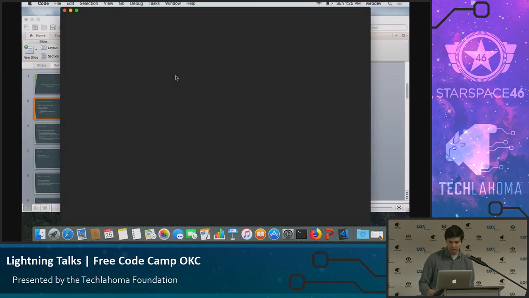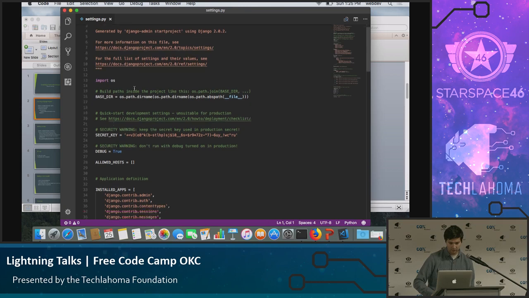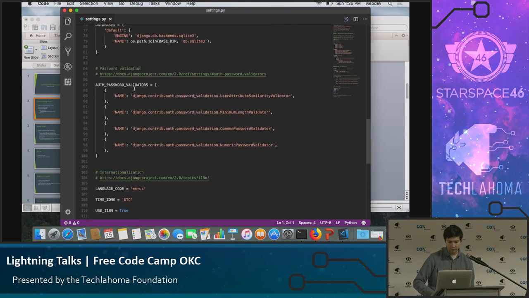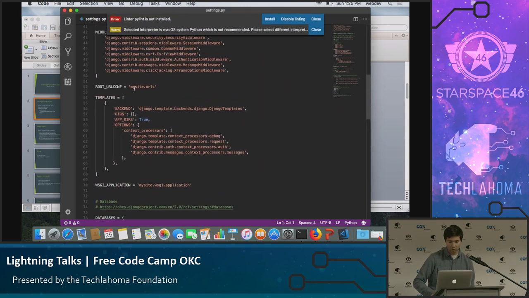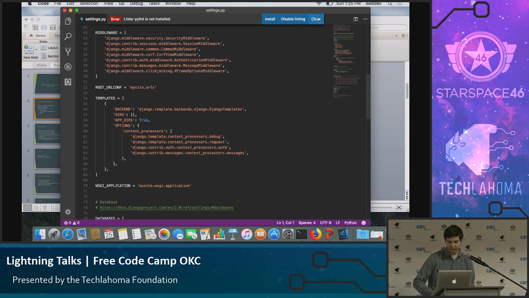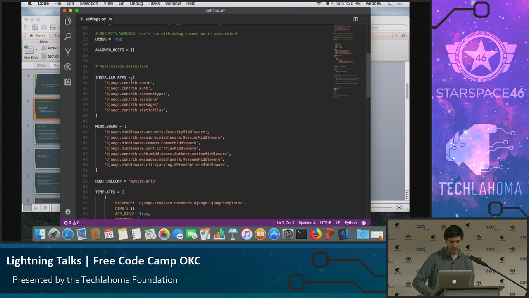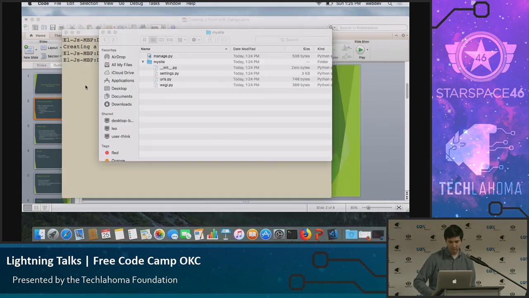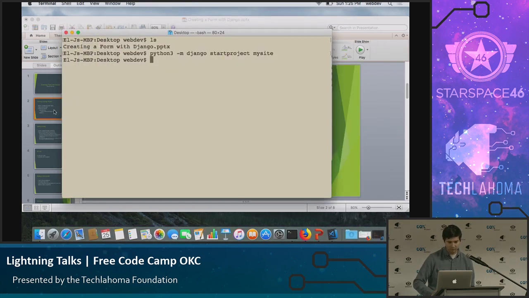If you look at settings.py, what you'll notice is there's a lot of configuration stuff in here. All we have to do here is, when we create our app, just add it to the installed apps list. That'll tell Django that we have another app, and it can map the URLs. So now let's move on to